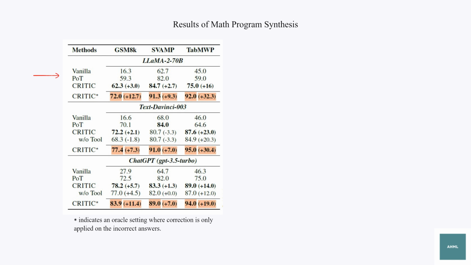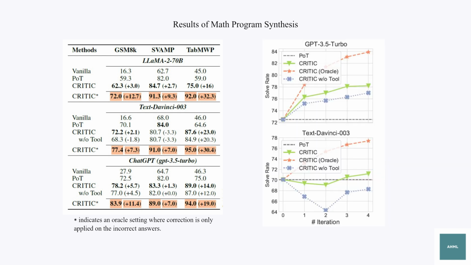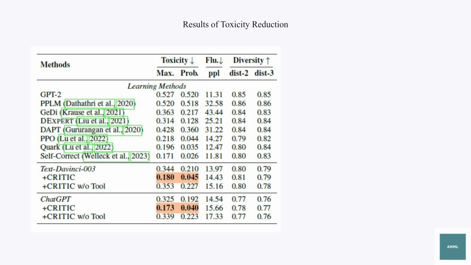The baselines include vanilla few-shot prompting and program of thought, which is a state-of-the-art method that writes programs to solve problems. Similar to Q&A, CRITIC without tool is also included as the ablation study. CRITIC consistently outperforms baselines across different datasets on all LLMs. The result also demonstrates that CRITIC possesses excellent scaling capabilities. Without feedback from external tools, the ability of LLMs to correct programs becomes limited or deteriorated.